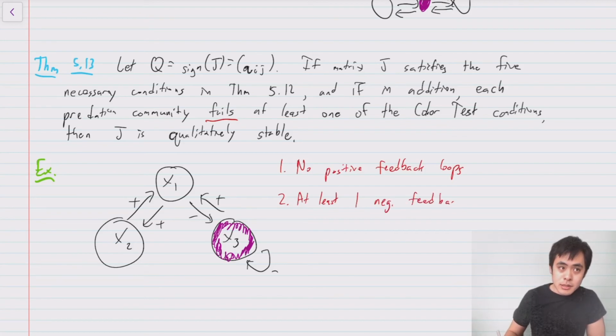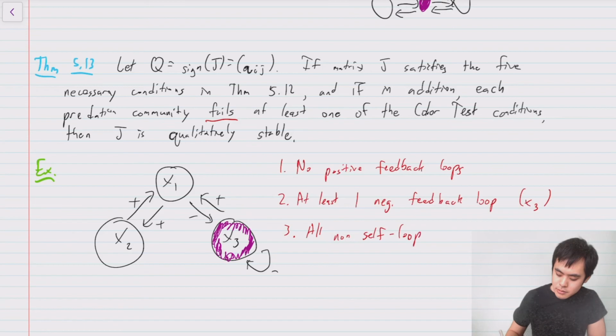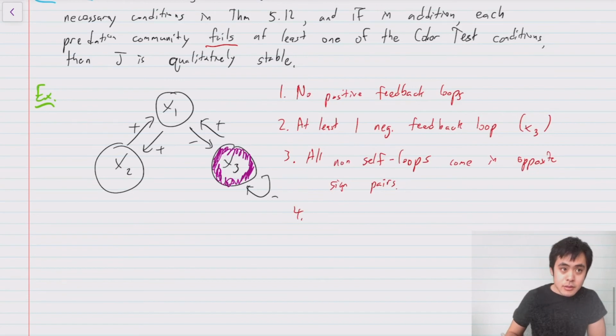That's this x3 here. 3, all non-self loops come in opposite sign pairs. So that's also satisfied. 4, well, we have no cycles. And 5,